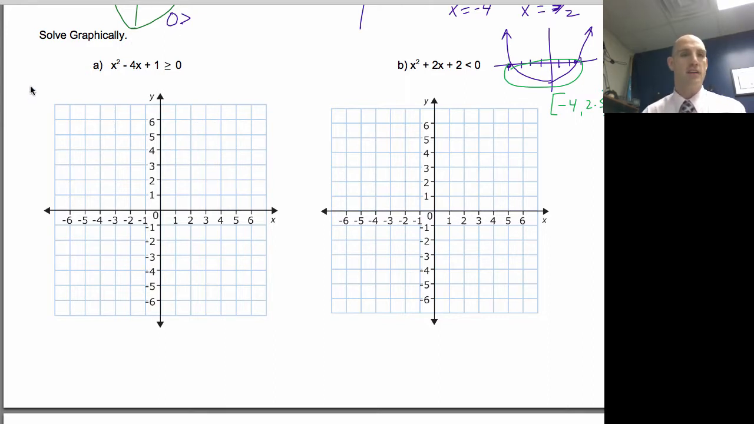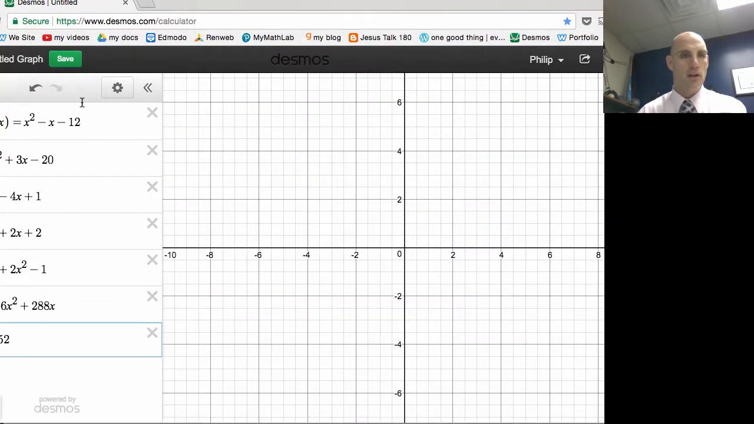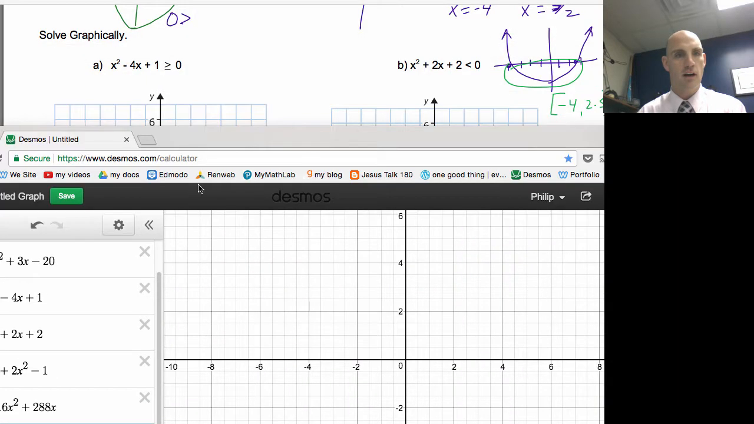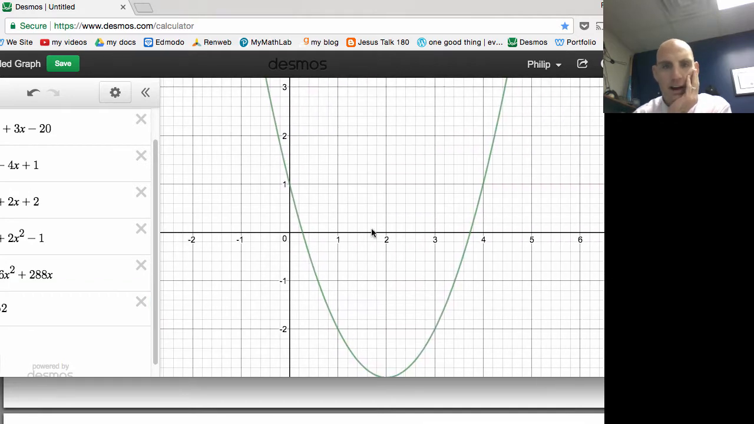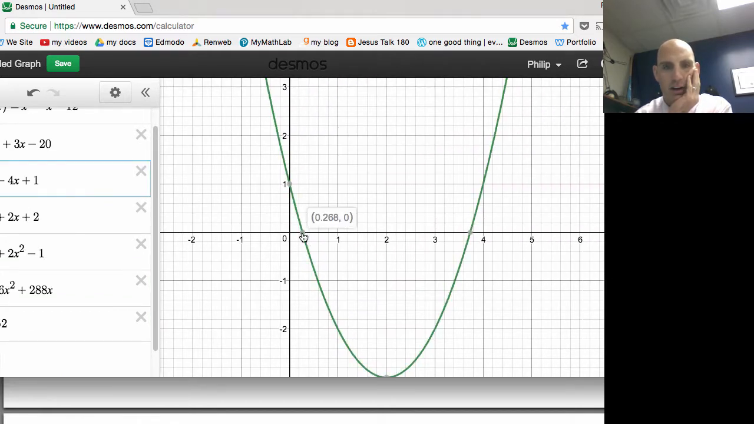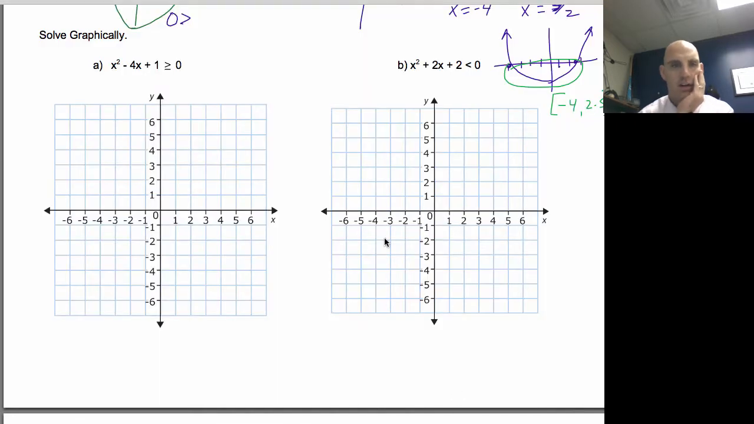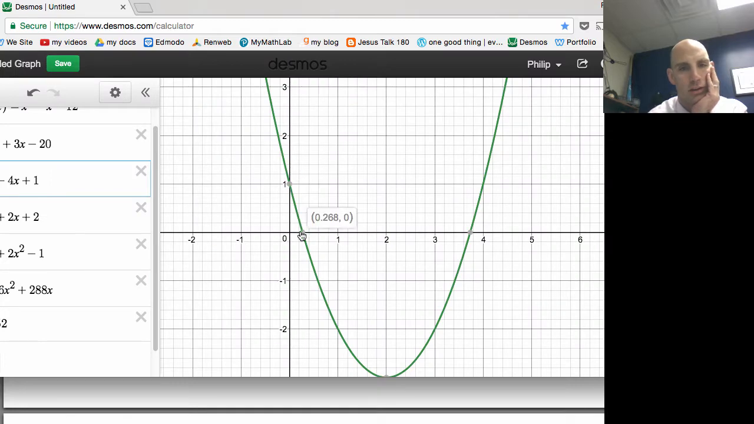Okay, so basically, here's what I'm doing. I've got x squared minus 4x plus 1. So here we go. Turning this on. Check it out. So what I've got here is my graph, and my zeros are here. So 0.268, 0 and 3.73. So my zeros are x equals 0.268